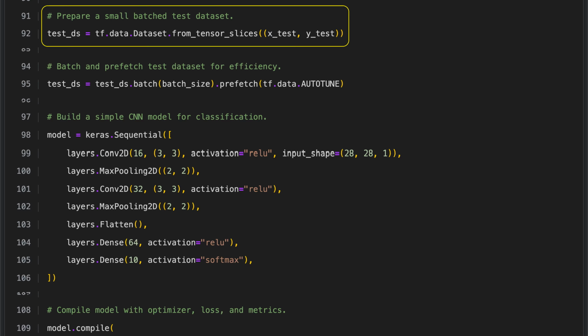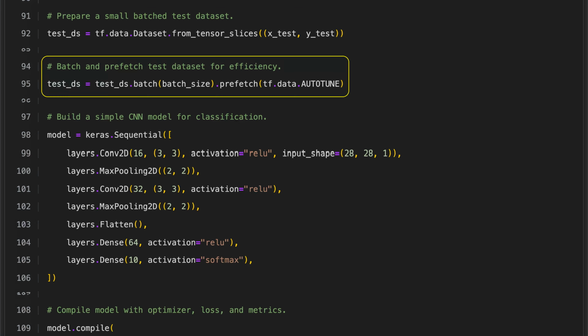To prepare the test data, we use TensorFlow's data tools to build a dataset from the test images and labels stored in memory. A function converts these arrays into a TensorFlow dataset so they can be handled efficiently. This setup lets us process the test data in batches and is essential for feeding it into the model during evaluation. The test dataset is first divided into batches using a set batch size, so it can be processed in